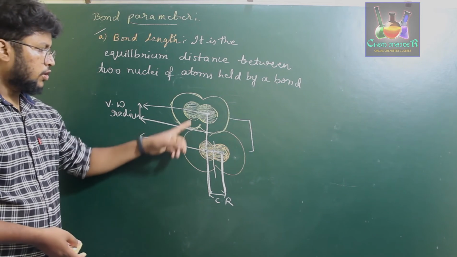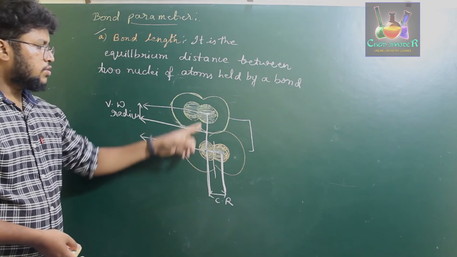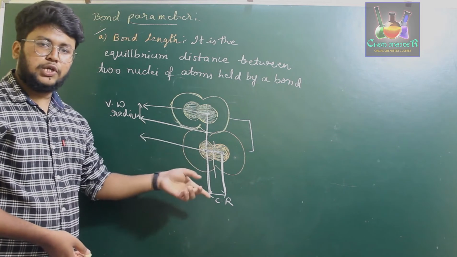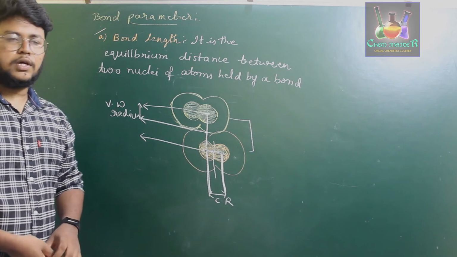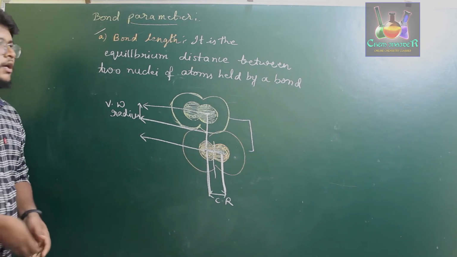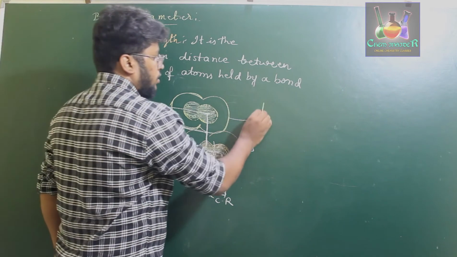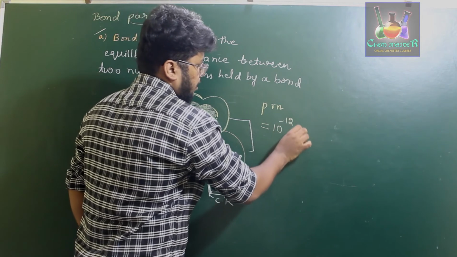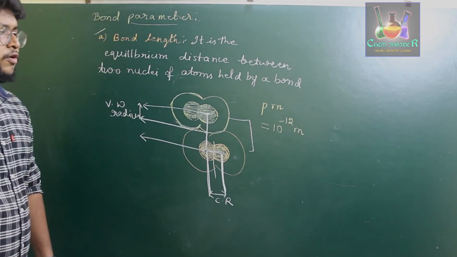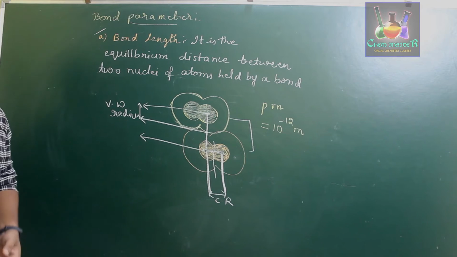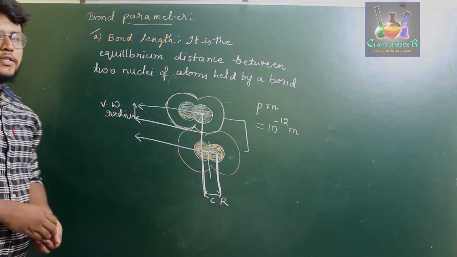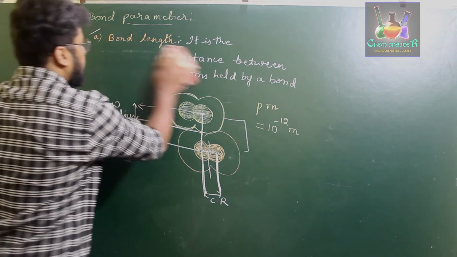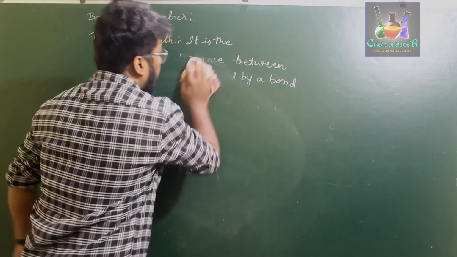If you consider two molecules of chlorine, the bond length between these two molecules is nothing but the van der Waals radii. The bond length of these two atoms in a molecule is called the covalent radii. Okay, so that is about the bond length, and usually the SI unit used to denote bond length is picometer, that is equal to 10 power minus 12 meter. The value of bond length is usually given in terms of picometer. Next, we are going to discuss the second parameter, bond angle.